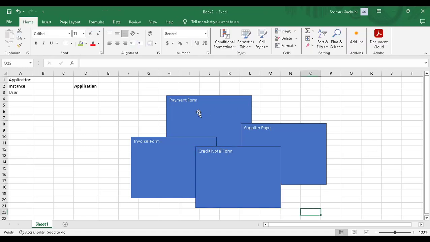So what happens is that when we talk about application, we usually say that an application is a collection of relevant forms and pages that shares data for mutual goals. For instance, a good example is when we have a supplier who is supplying goods to our organization,